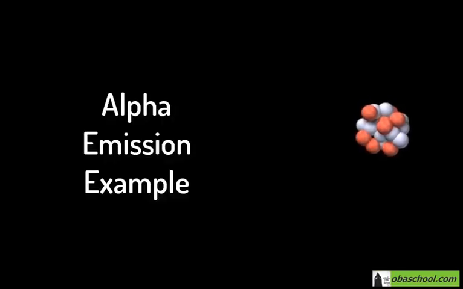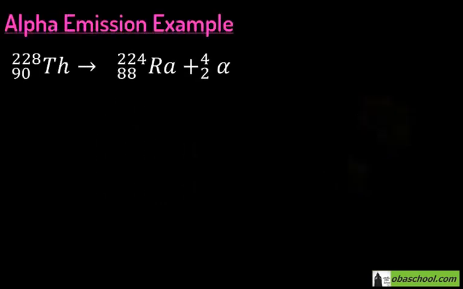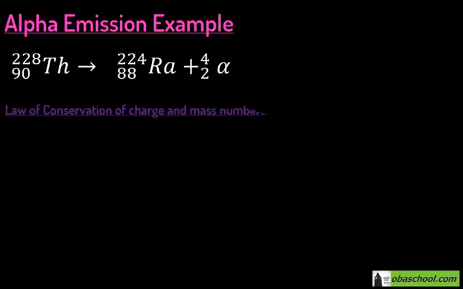Hello, in this video we're going to discuss an example for an alpha emission. We have discussed in the previous video that the decay of a thorium isotope emits an alpha particle to form a radium isotope. And according to the laws of conservation of charge and mass number during radioactive decay, we're going